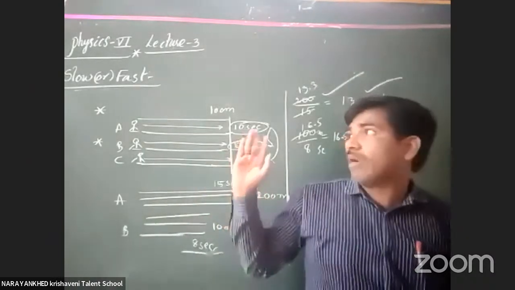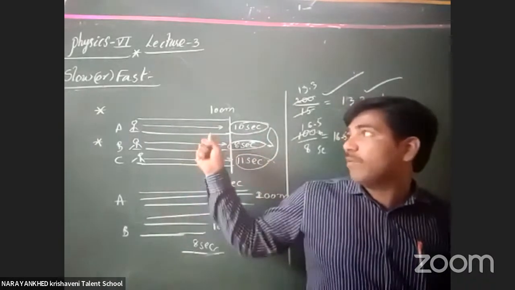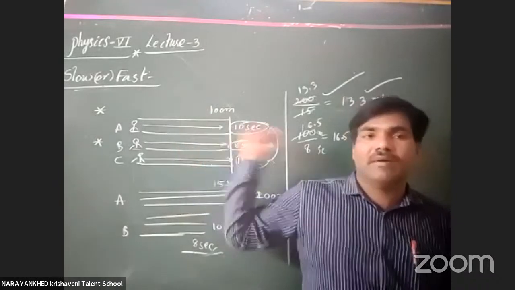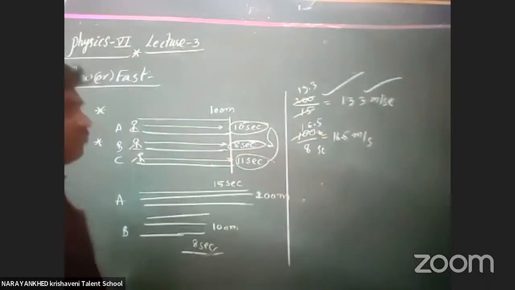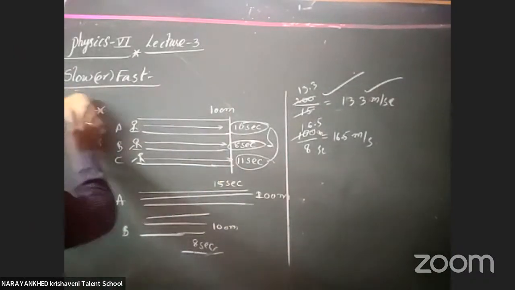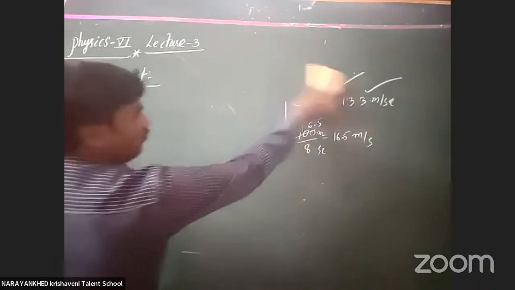Fast and slow. What is the fast nature? What is the slow nature? That will be decided by what? That will be decided by the ratio only. Got it or not? This is the only information about our slow and fast reaction. And this is about what it is called. Yes, what is this quantity? This ratio is